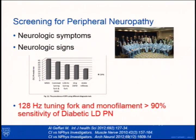So how do we screen for peripheral neuropathy? We use the neurologic symptoms, so there may be numbness, prickling, tingling, burning, electrical shock type pain, weakness. On the exam, complaints of a steppage gait or tripping and stumbling or falling. Those are important. But we did an interesting study where we had 24 diabetic patients who were blinded,